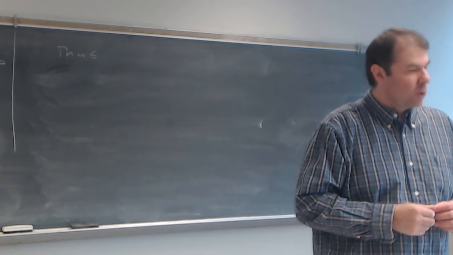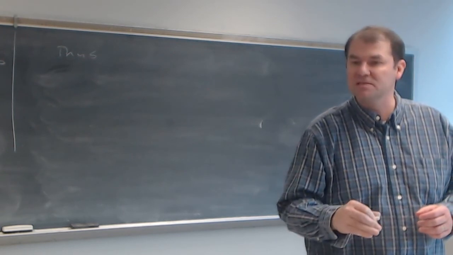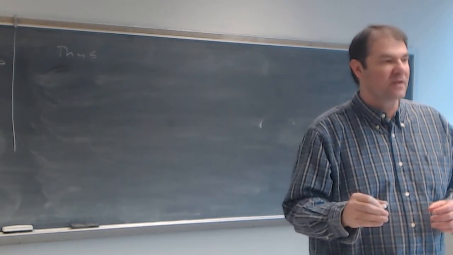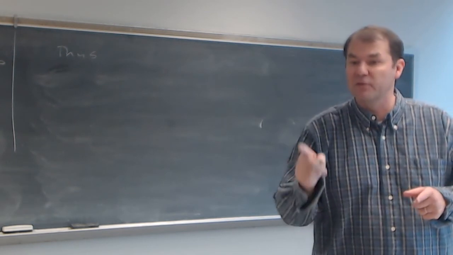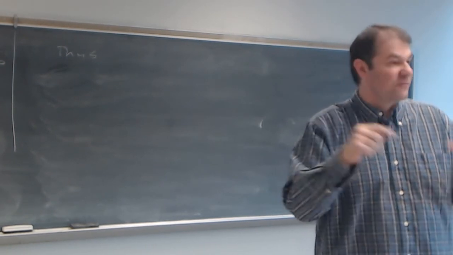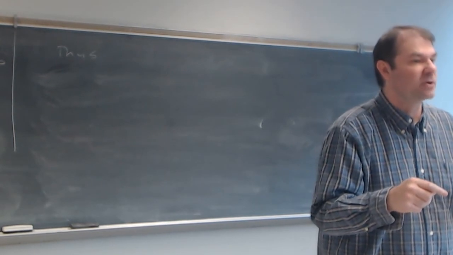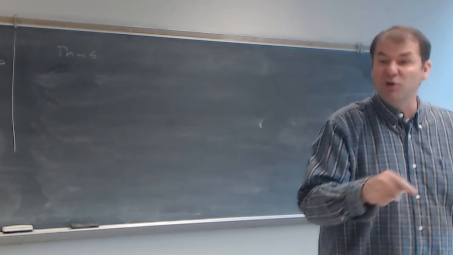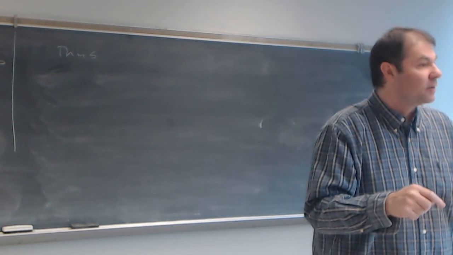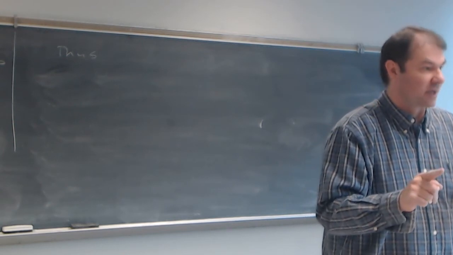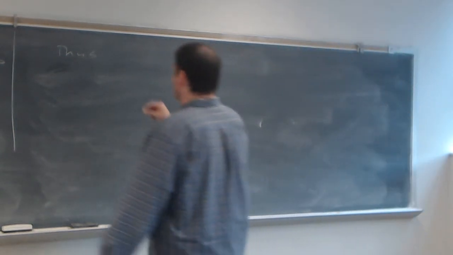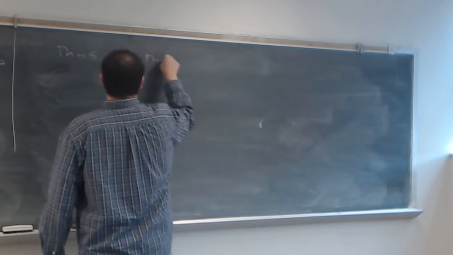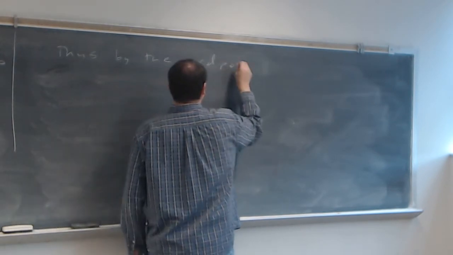Order property. The order property of R. That was one of the three things it said, Chuck. What were the three things it says? If you take two positive numbers and add them together, you get a positive. If you take two positive numbers and multiply them together, what do you get? Positive. And if you're a real number, you fit into exactly one of these three categories. Is that okay? All right. So anyway, in particular, thus by the order property on R,